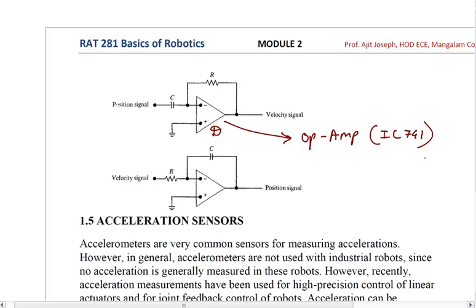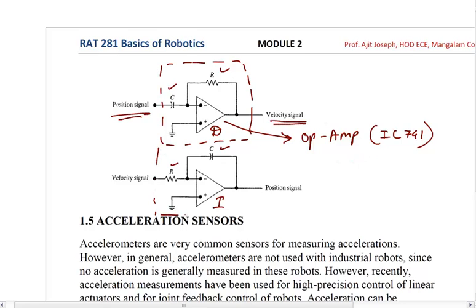that this is the basic circuit diagram of a differentiator circuit. You will have a capacitor here and a resistor here. The same configuration is used for an integrator, but the positions of the capacitor and resistor are interchanged, and this becomes an integrator. So for a differentiator, if you give an input signal which is the position signal, at the output you will get the velocity signal. And if you are having an integrator, it will have a velocity signal as input, and at the output you will get the position signal.